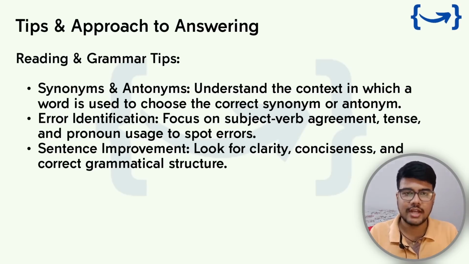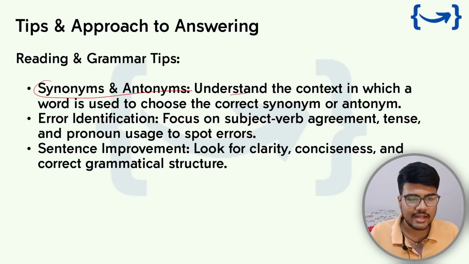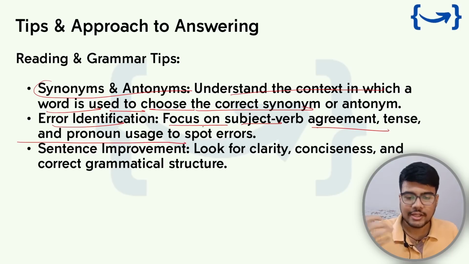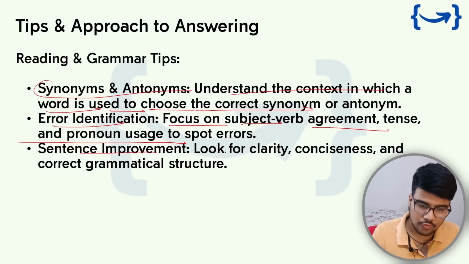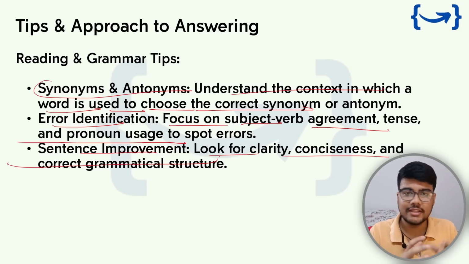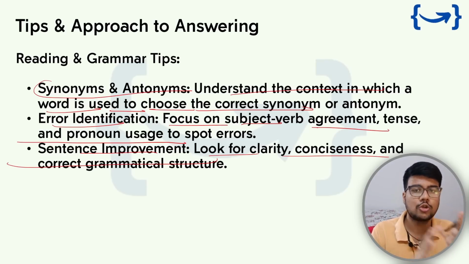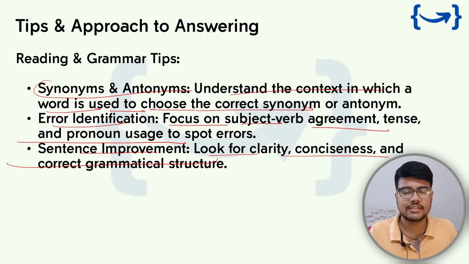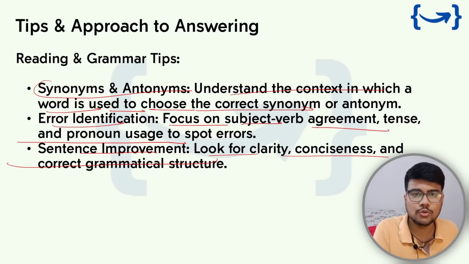And tips and approach that I will give you to answer this: reading and grammar tips with synonyms and antonyms. Understand the context in which the word is used to choose the correct synonym or antonym. Error identification, focus on subject-verb agreement, tense, pronoun use to spot errors. Sentence improvement, look for clarity, conciseness, and correct grammatical structure. Okay, you can speak slow, but there's a timer which is popping continuously, so you need to be on time as well. So try to use as simple English lines as you can frame that can reduce the grammatical